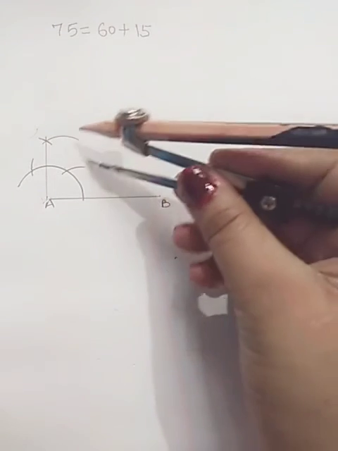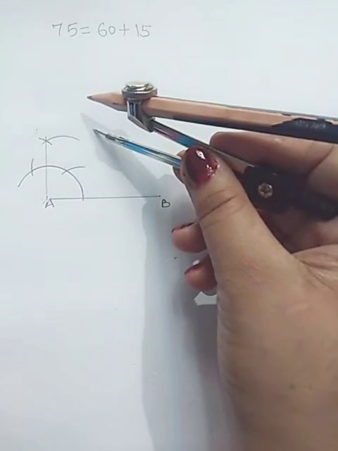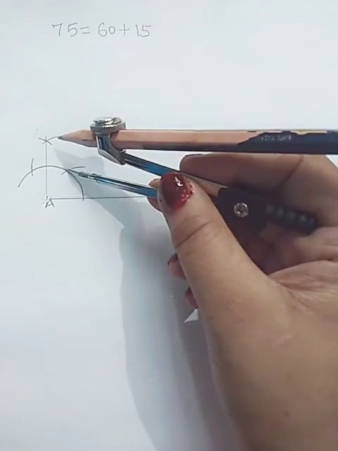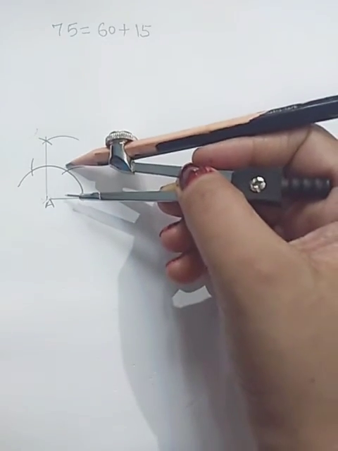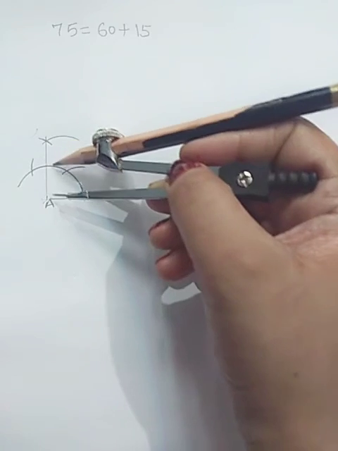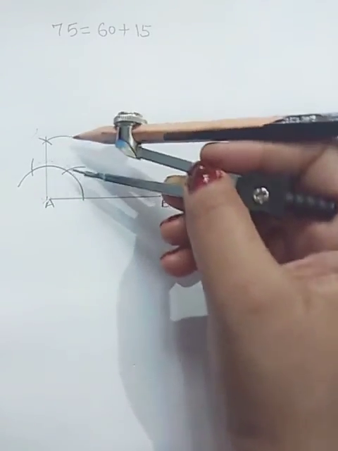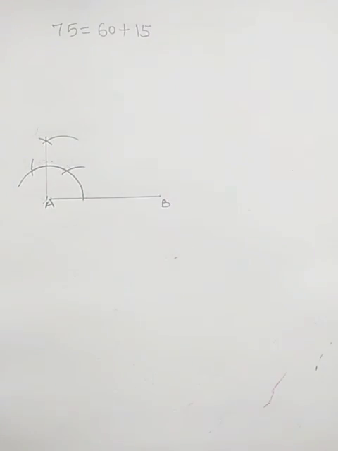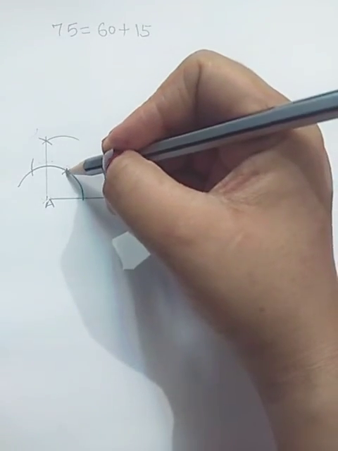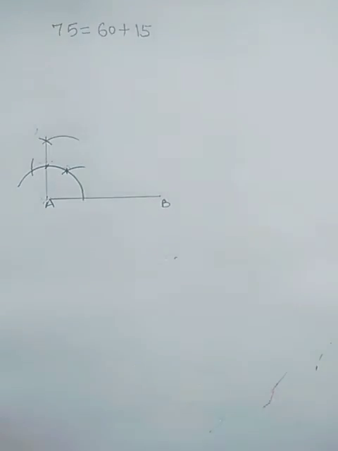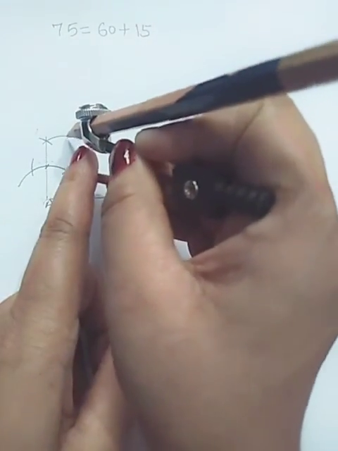So the first arc, this one, is of 60. If you join this with the line here, this will be 60 degrees. But we need 30 extra. So this much is 60, from here to here is 60, and this much measurement is now 30. How to construct the bisector of 30? We will draw another arc from this point and from this point. You can increase it as well.